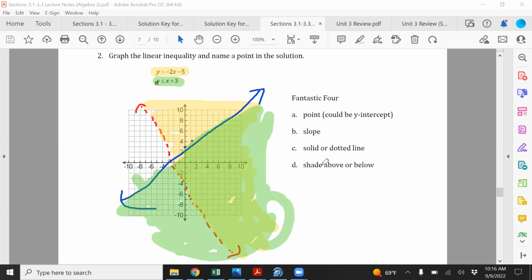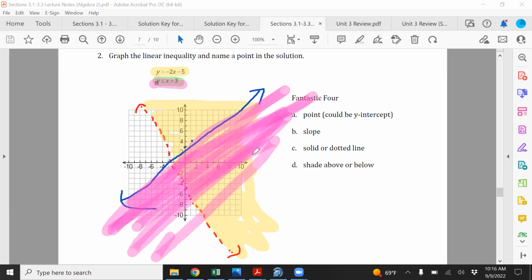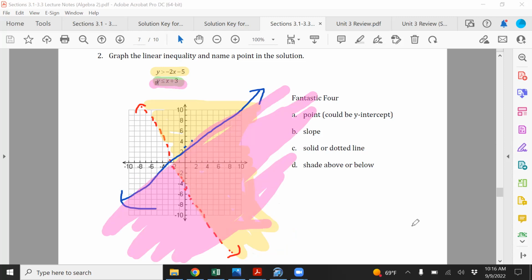Okay. Probably not the best choice of color, but actually, let's try maybe pink. Okay, that shows a little better. You can see that's kind of like purple. It's kind of like a pinkish and yellow. So what's going to be my true solution to this? The pinkish one, right? The one that has an overlap. So really, I mean, you should shade everything, but the true solution set is going to be all this right here. Because that's the overlapping